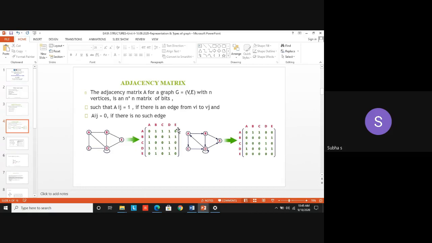Understood? So now we move on to directed graph. How are you going to construct the adjacency matrix for a directed graph? So far we saw only undirected graphs, but the matrix won't be the same for directed and undirected graphs, because you know the difference between them. In undirected there are paths from A to B and also B to A, because there is no direction at all. But look at this one.